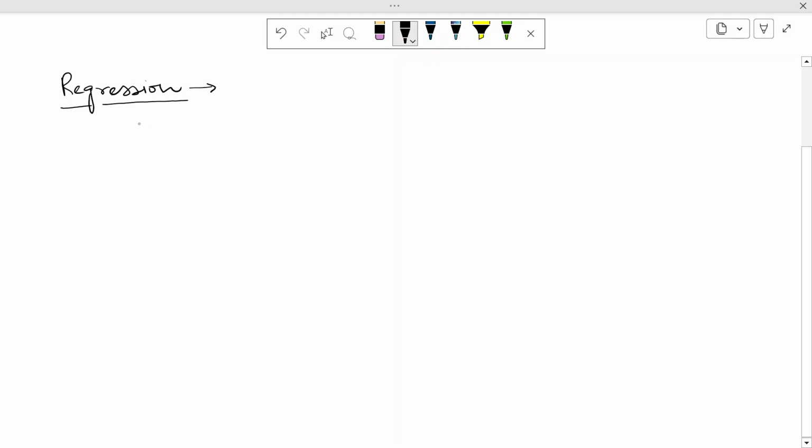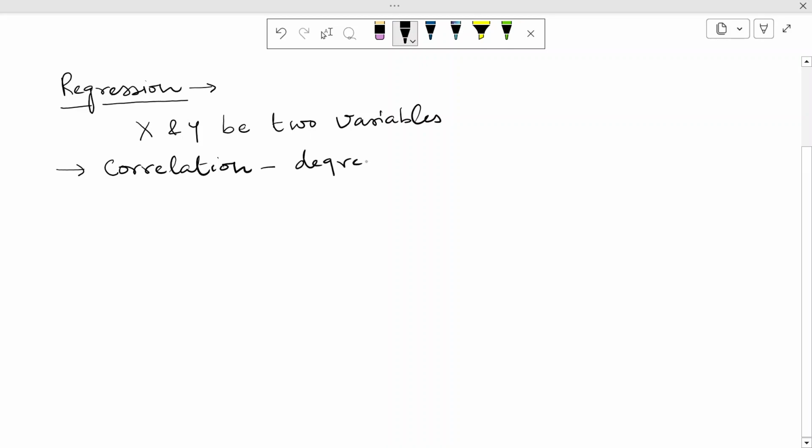It means when we are having two variables, so let's say x and y be two variables, then if you are studying the correlation, the correlation provides the degree and direction